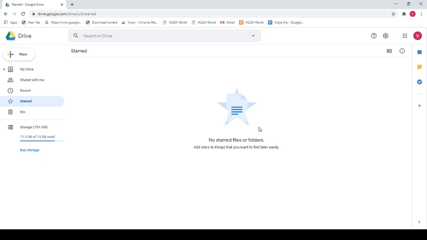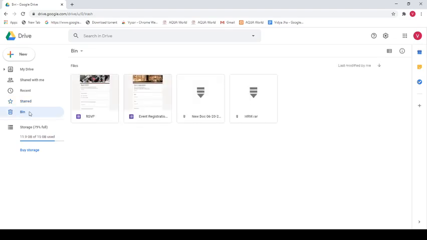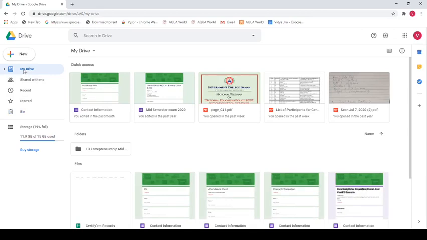So you can star mark your folders and files. And then there is the trash, the dustbin, where there are various things which you want to delete. You can delete them, and they are automatically deleted. Now let's go to the other part.